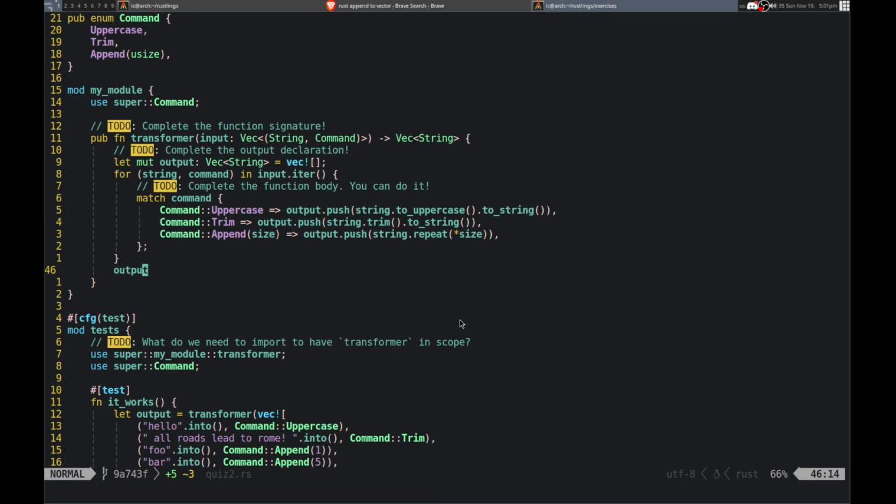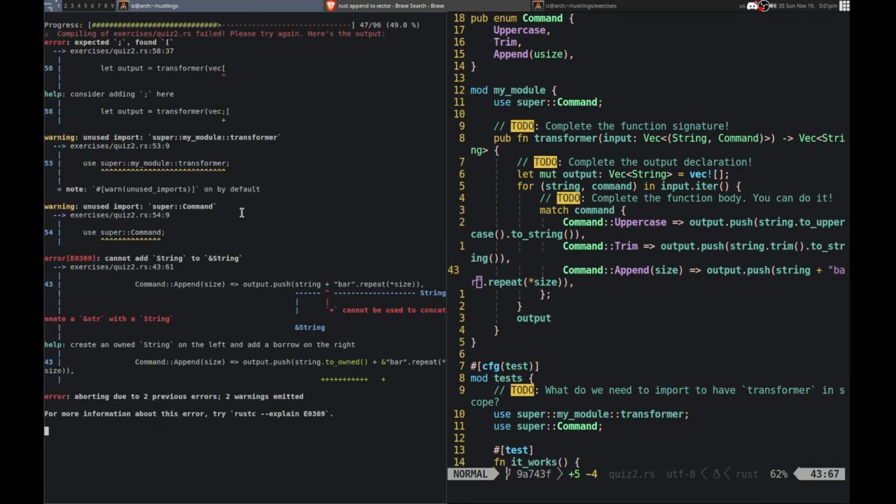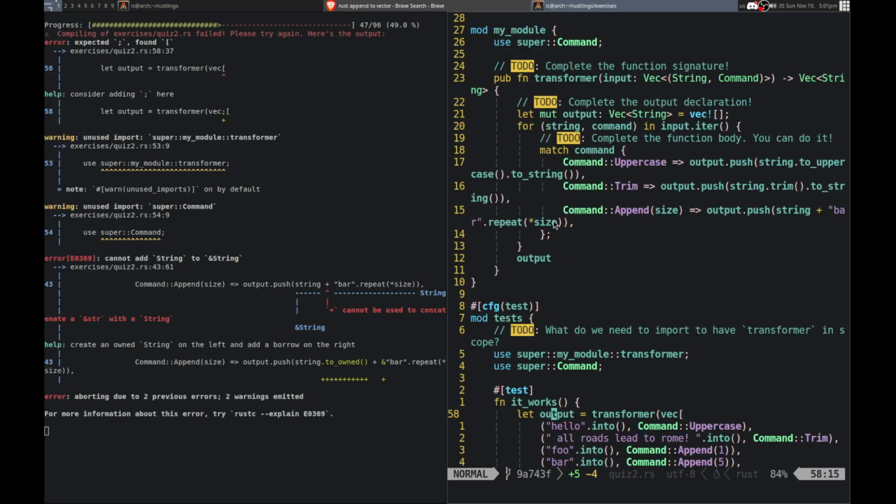Yeah, okay, so we need to append string. Let's see, can I just do there we go. String plus bar dot expected that, found that. So where